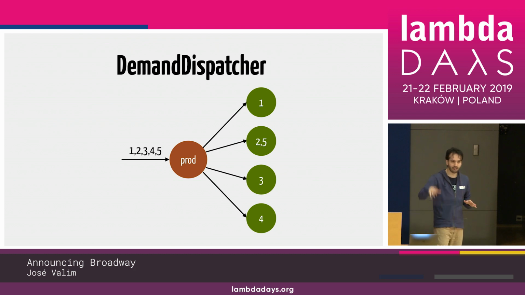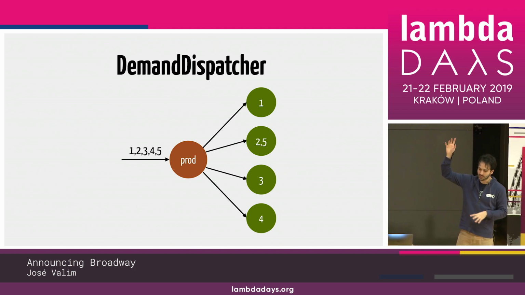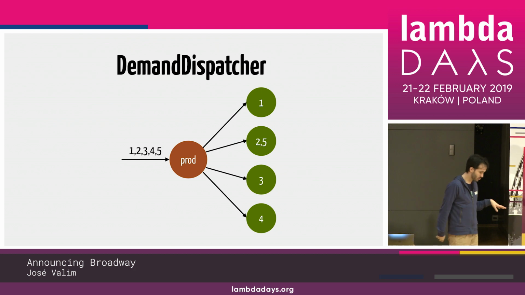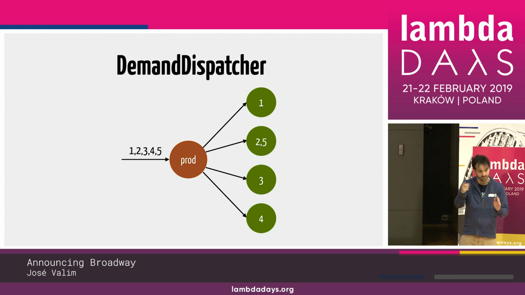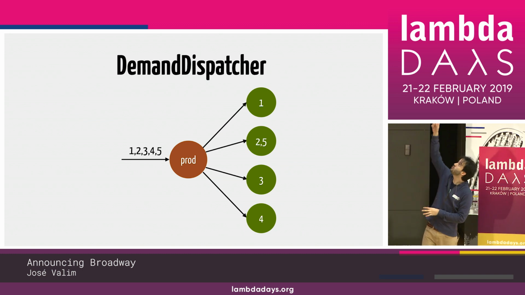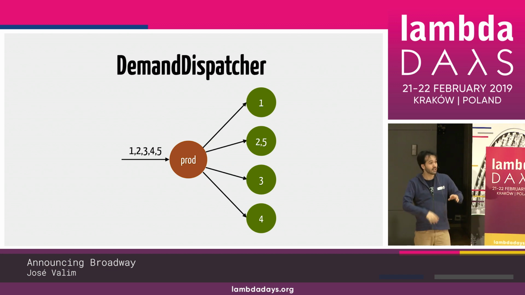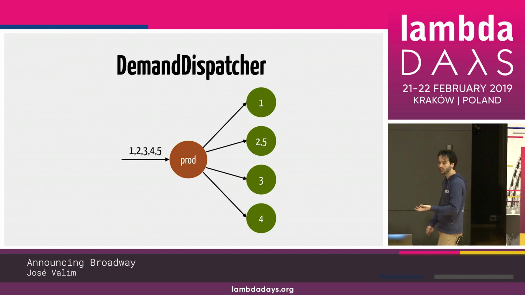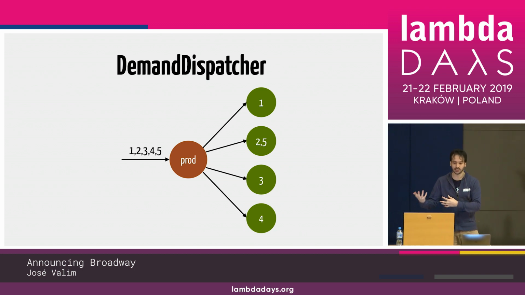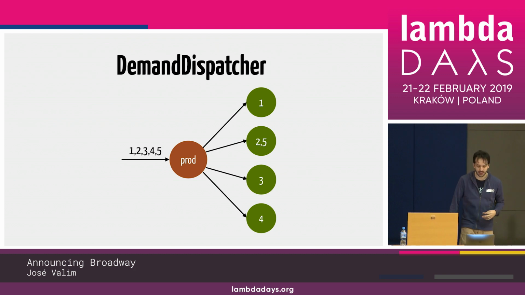So imagine, for example, that we have 5 events here, 1, 2, 3, 4, 5 to send, okay? And then we have 4 consumers. So you can think that at the beginning, the producer is going to send 1 event to each stage, right? But if the second consumer here, if the second stage, is the one that processes its element faster, it's going to ask for another element earlier than all the others. So the 5th entry here goes to that one. So we're always trying to send the data to the process that is less busy, right? The one who asks first, because they're likely going through their data fast.